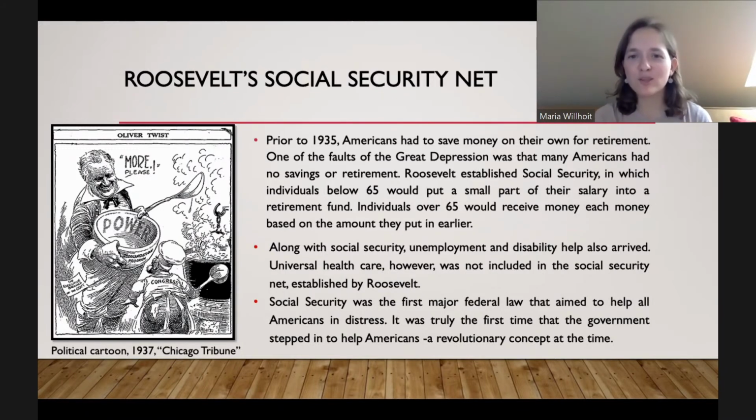The one thing that should be noted is universal health care never passed in our government. I don't even think it was proposed by Roosevelt. For some reason, healthcare is one of the few areas that we haven't been able to put on a federal level. I mean, we have healthcare for veterans and we even have healthcare for federal employees, but we have no guaranteed healthcare for everyone in America. I'm not sure why. It's probably a very complicated history.